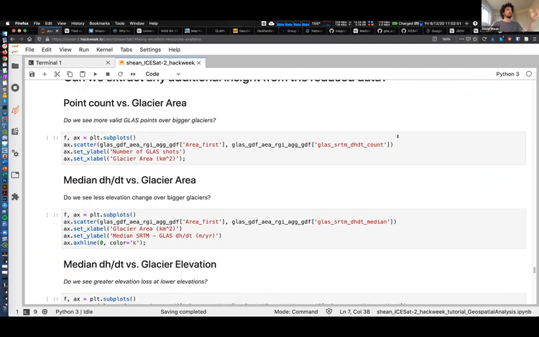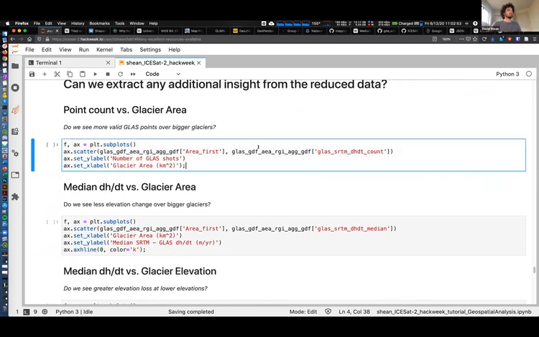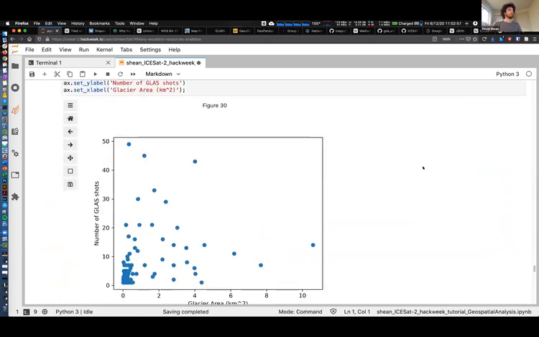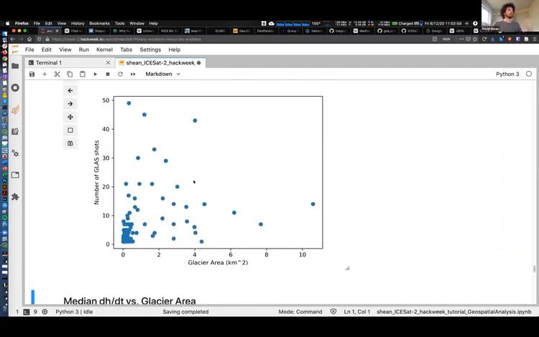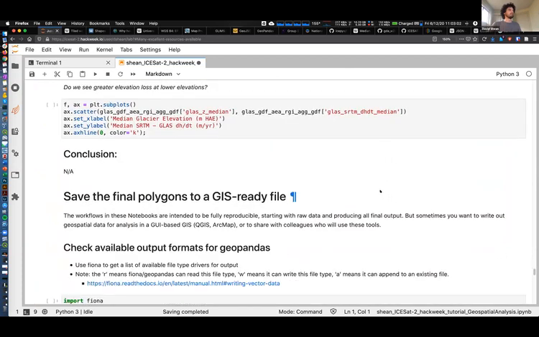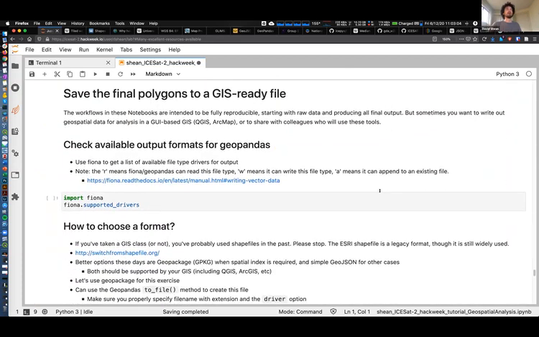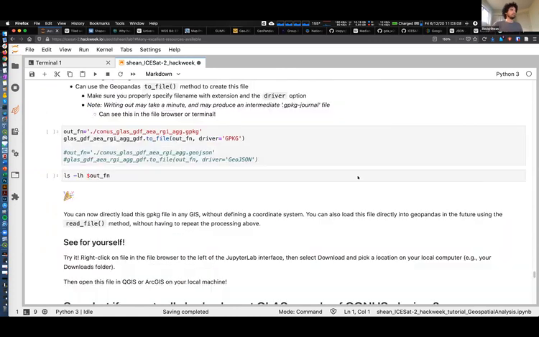There's more here that I was just looking at. Can we extract any additional information? Short answer is no. But if you wanted to look at relationships like glacier area, number of points, etc., you could do that. Okay, I'm over time and I don't want to eat into the break, but one final point,